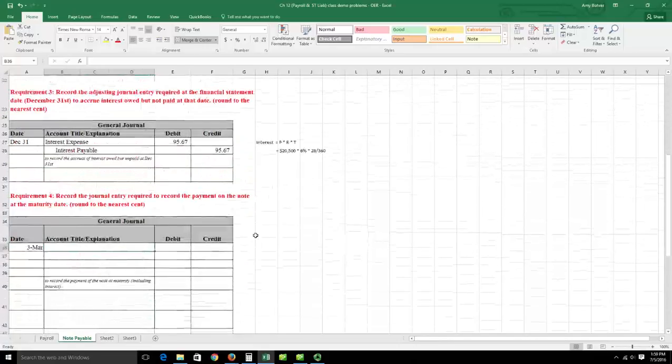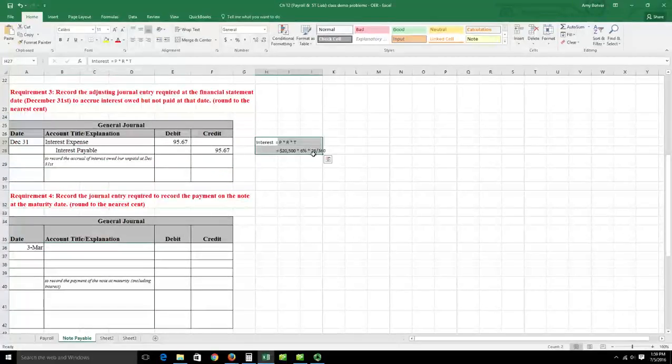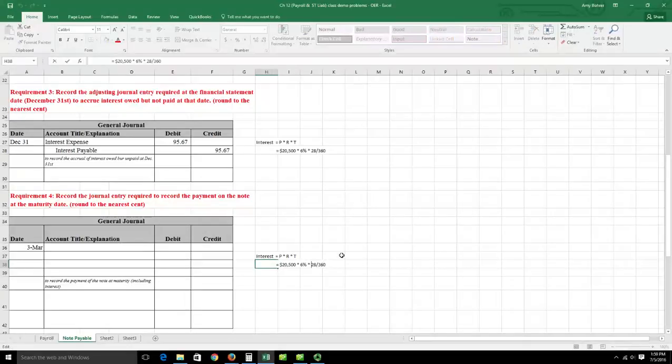So one of the first things we have to do is calculate how much interest I'm going to owe for the whole 90 days. So I'm just going to take that same formula that I had before, the principal times rate times time, and I'm just going to change this to 90 days because now I want to know how much interest I owe for the whole 90 days so that when I pay them the money, I can write the check for